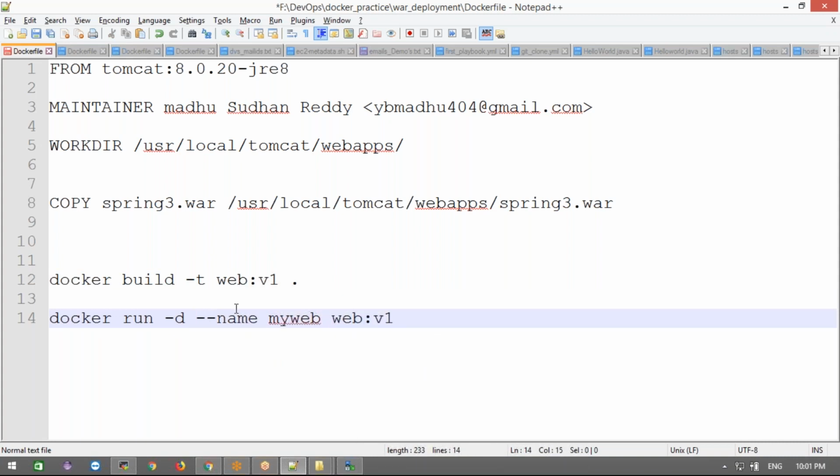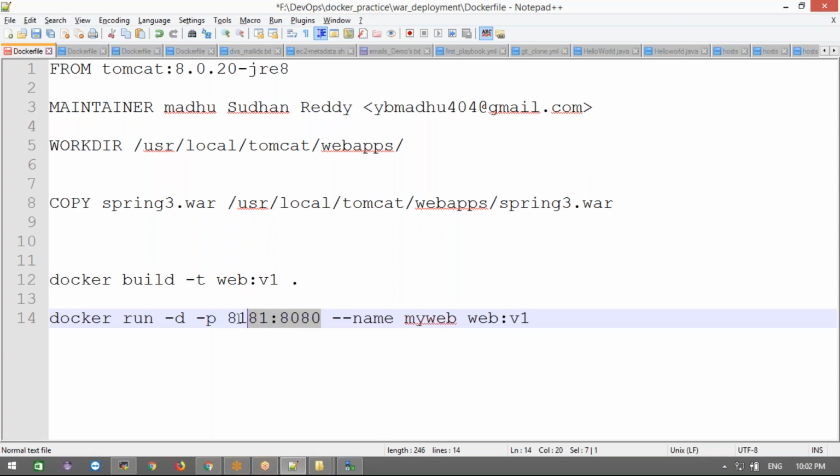Now this Apache Tomcat, what port will it run on? By default, Apache Tomcat runs on 8080. We can specify -p and 8080. This is the port running internally for Tomcat, and before that colon we need to provide the outside port. I'm going to give 8181 outside. This is the internally running port, and this is the outside accessing port. If you want to access your application, we need to access it with the 8181 port.